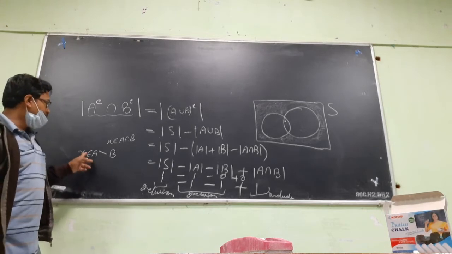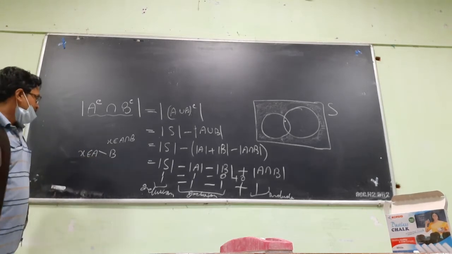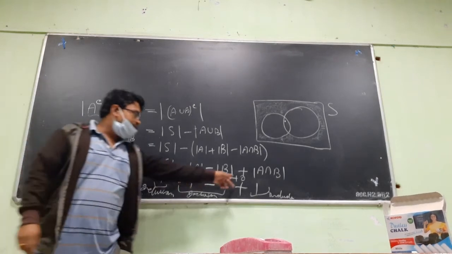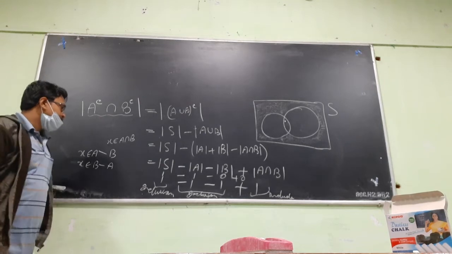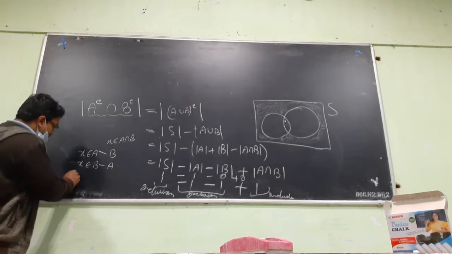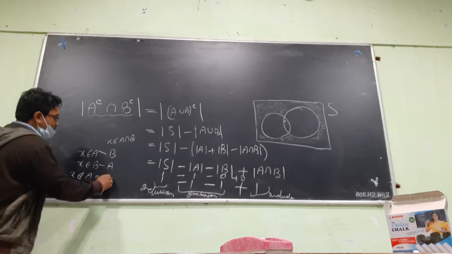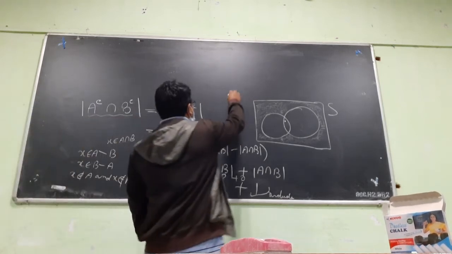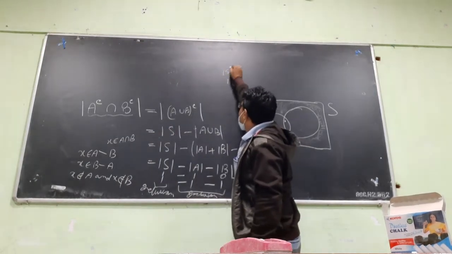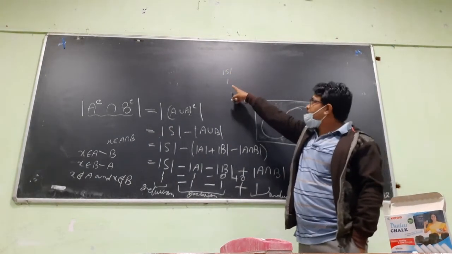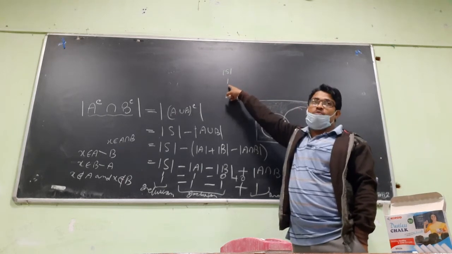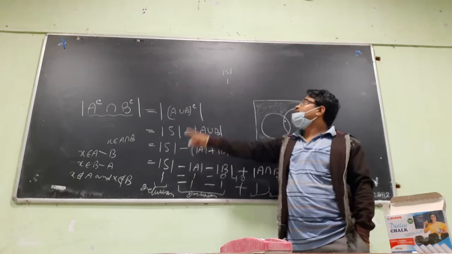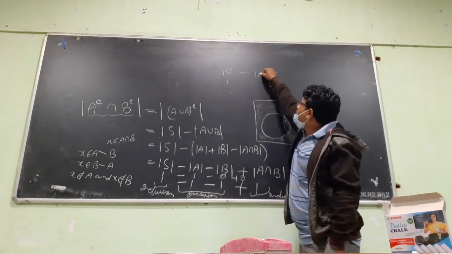Okay. An element which is there in one of the sets. Similarly, if the element is there in B minus A, then also the net count is actually 0. And if an element is not there in A and not there in B, okay, then in the right side what happens? It is counted once in mod S. In modulus of S, or number of elements of S, it is counted once. An element which doesn't belong to A and it doesn't belong to B. Okay. Here it is counted how many times?